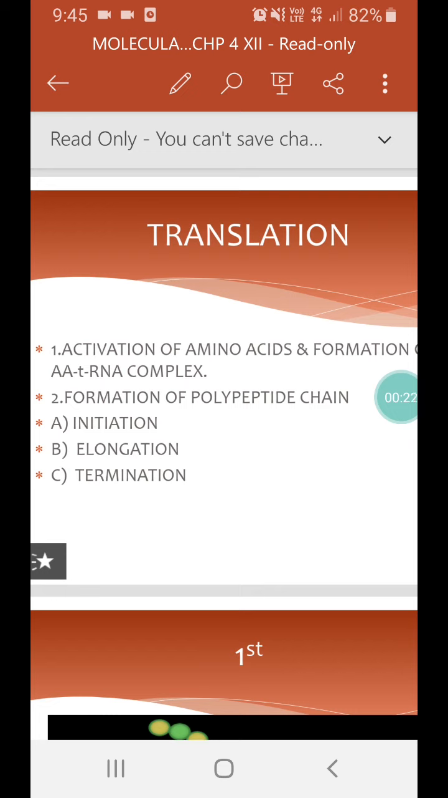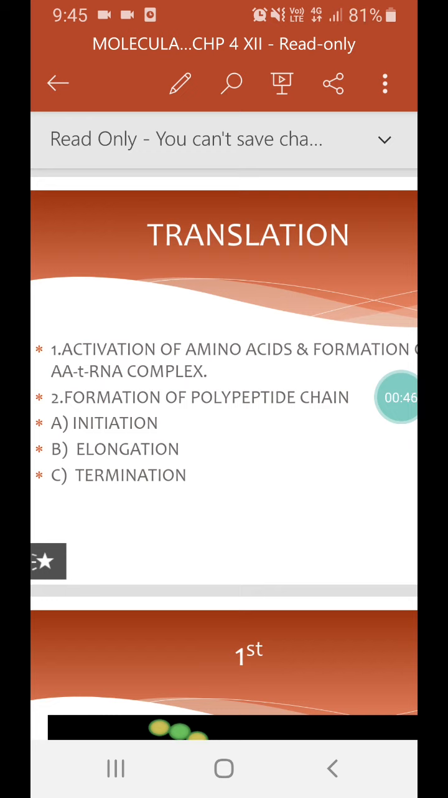Translation is the process in which the sequence of codons on the mRNA strand is used, and accordingly the amino acids are joined to each other to form a polypeptide chain which makes a protein. So it is like a decoding of mRNA,